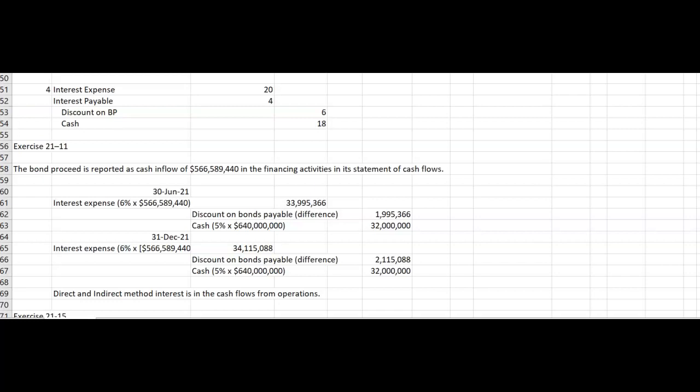However, the interest expense on the income statement would be the cash paid plus the amortization of the discount, which means on the income statement, the interest expense would be $33,995,366. So we have to reduce the interest expense by taking the $33,995,366, reduce that for the amortization of the discount, which is